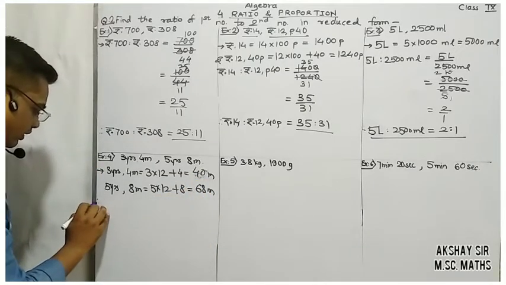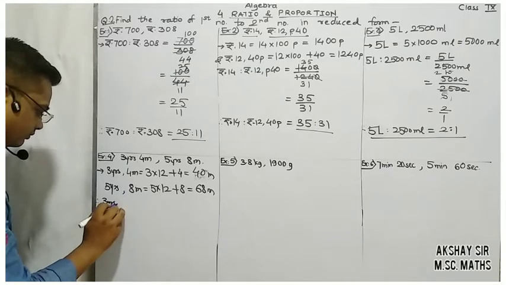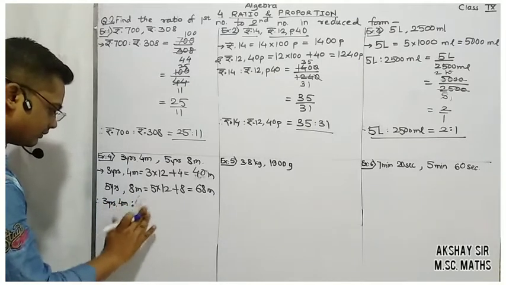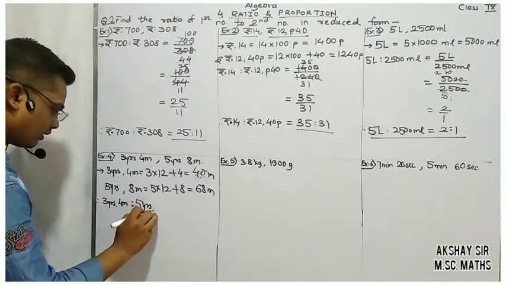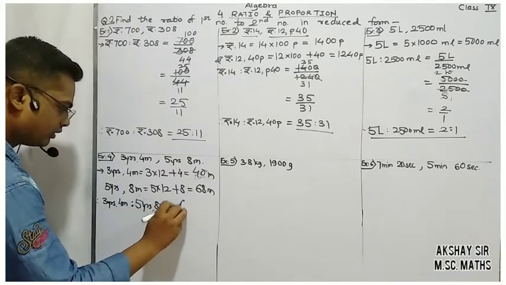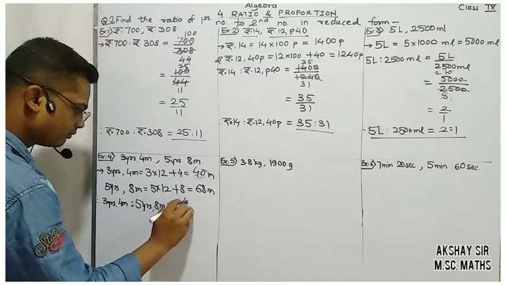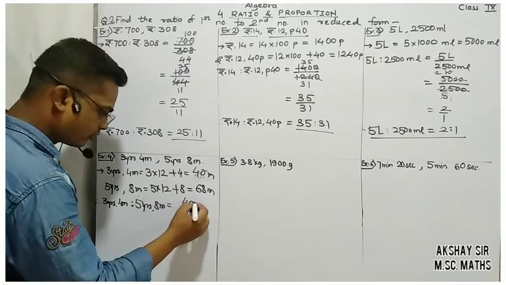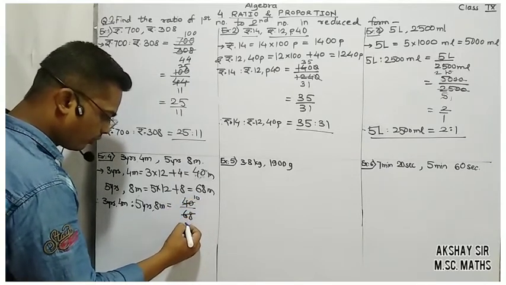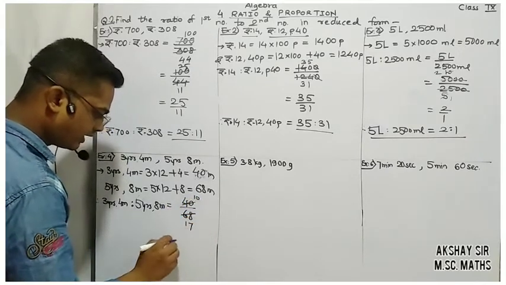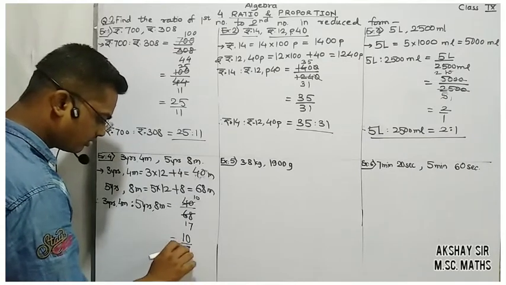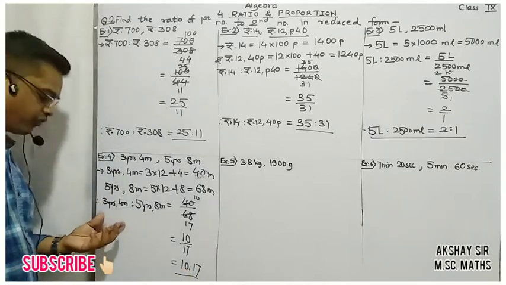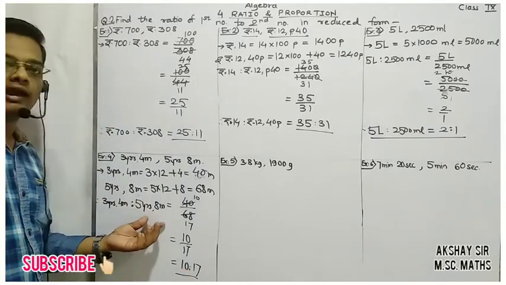Therefore we'll take now the ratio, 3 years 4 months as to 5 years 8 months is equal to 40 upon 68. So I think it is cancelable by 4. So 4 tens are 40 and 4 ones are 4, 4 sevens are 28. So this will be 10 upon 17, or simply 10 as to 17 is the most reduced form of this 3 years 4 months and 5 years 8 months.